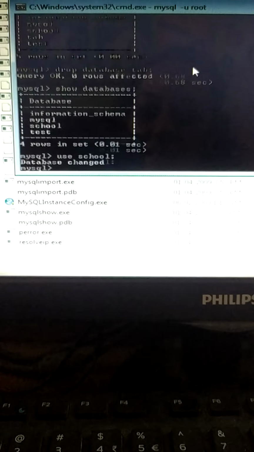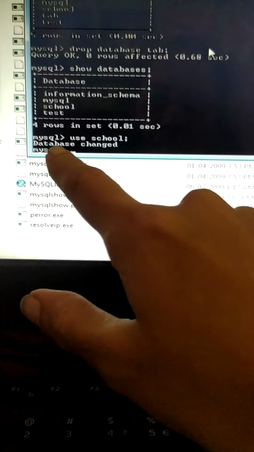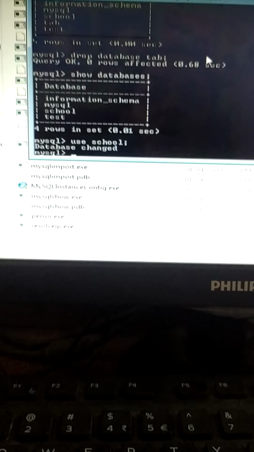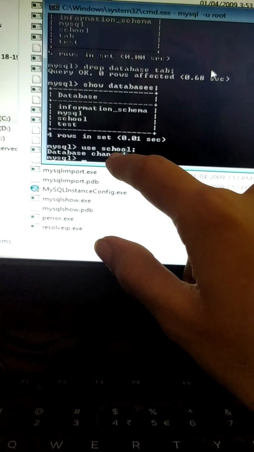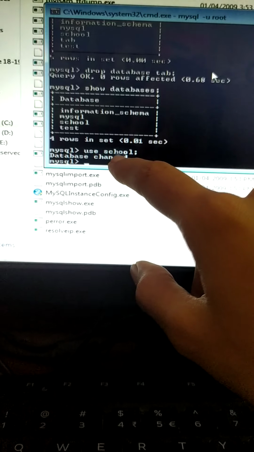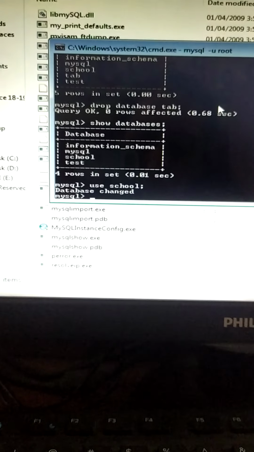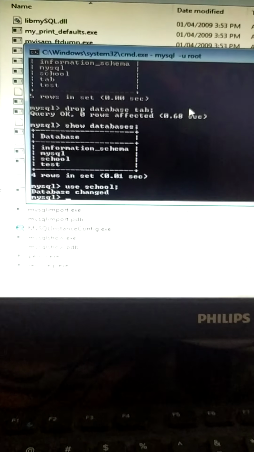Click on enter. The database changed. That is, whatever changes you do, the tables you create, will be created in this school database.